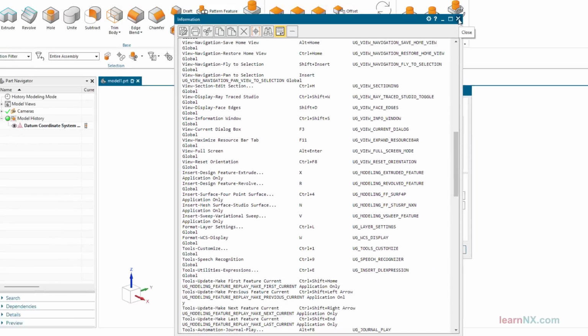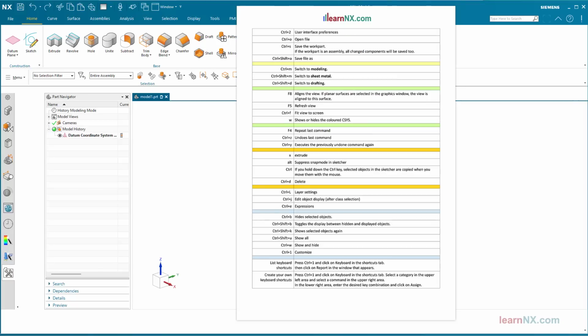And at the bottom of the description, I have included a list of helpful keyboard shortcuts to print out the